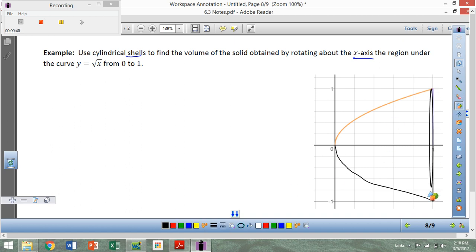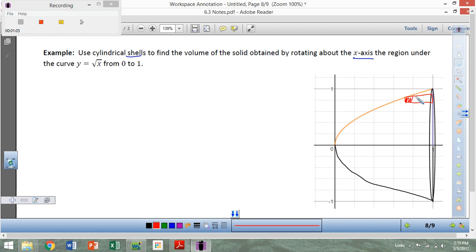And again, I want to think about this as being a three-dimensional shape. Okay. And I'm going to use shells here. So using a shell here, my rectangles that I would stack using a shell would be rectangles that are oriented